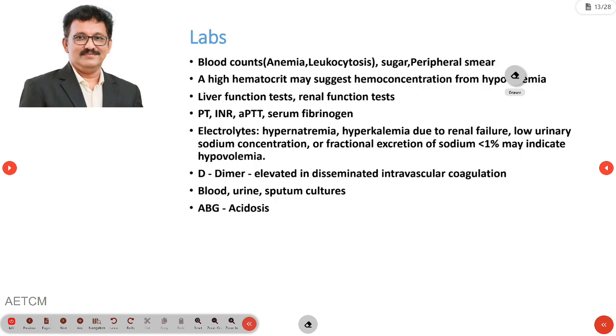Now, lab investigation. Normally in shock we do certain tests, like we see whether the patient is having anemia or any infection. So, complete blood count, blood sugars, ABG values, peripheral smear is important whenever the counts are very high. High hematocrit may indicate acute volume loss. It indicates hemoconcentration. Liver function test, kidney function test, PT-INR, APTT and serum fibrinogen, these 3 things are